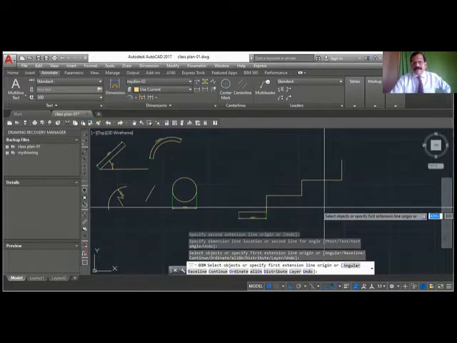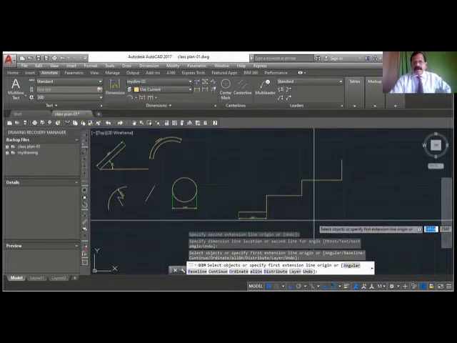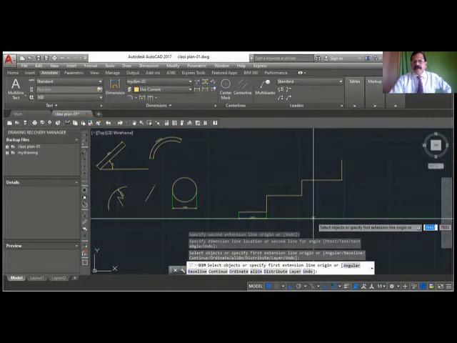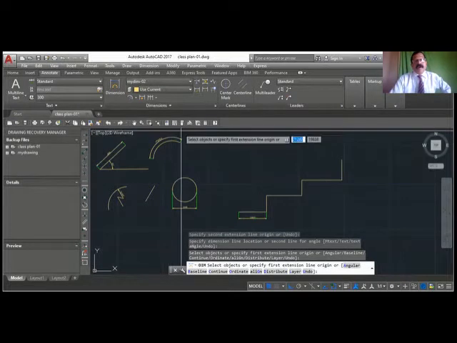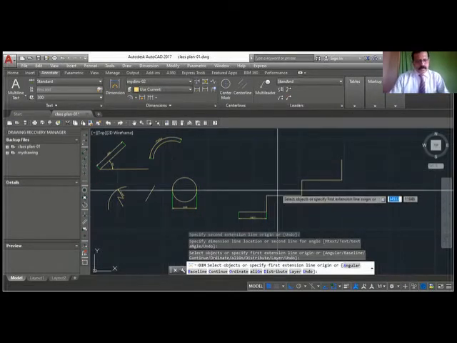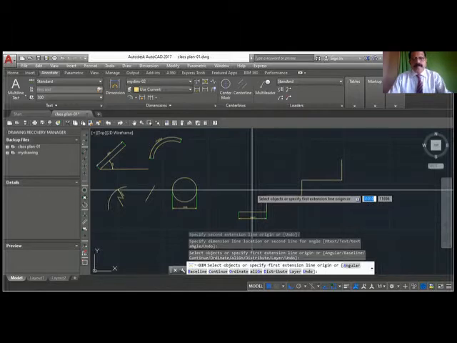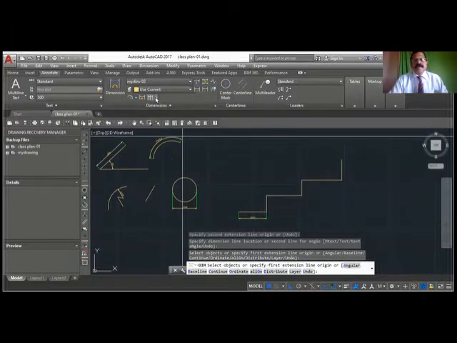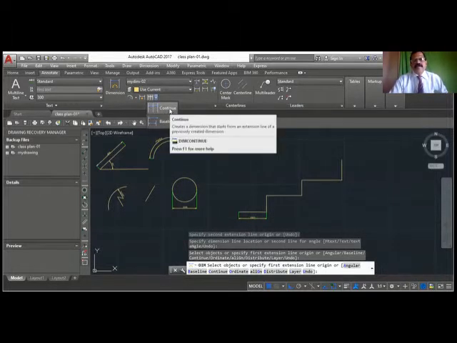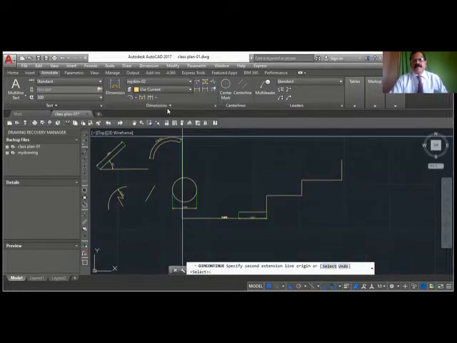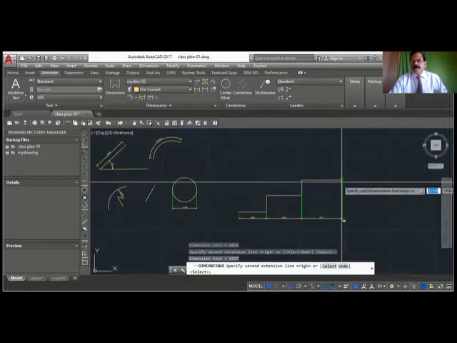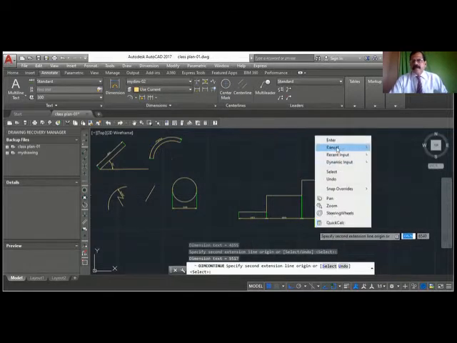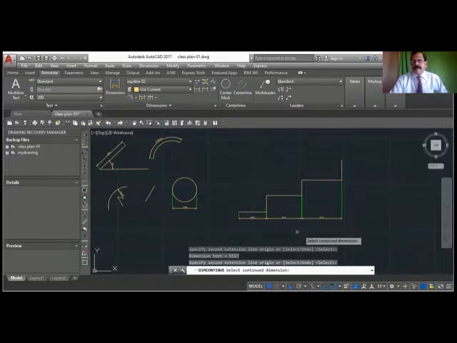So the shortcut is, instead of again dimlin, there is a command called dim cont, or dim con also you can type. You can see from here this is continue dimension, dim con. Click this and show the second point. You need not show your first point again. Just show. So it automatically keeps the dimension on the same line.